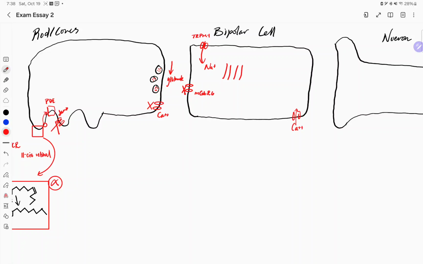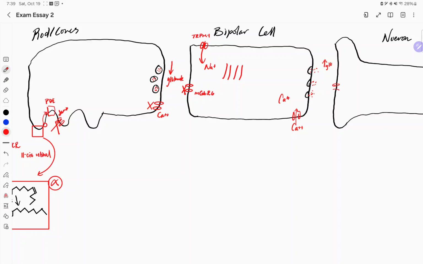Those calcium channels, we know that if calcium is coming into the cell, then these vesicles are going to release glutamate. And if glutamate is released from the bipolar cell, so again, light, low glutamate here, but high glutamate release here,